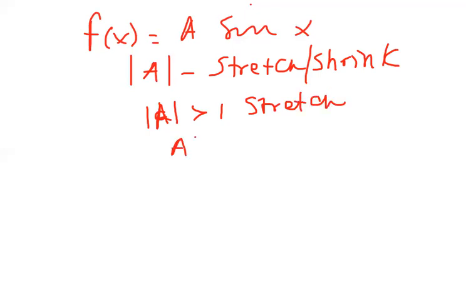However, if the absolute value of a is less than 1 but greater than 0, the graph is going to shrink vertically. You should remember these from the transformations. We talked about these, actually not in my class, but in some of your previous classes, okay? So now that we have all this basic information, additionally, before we start graphing and the how-to of